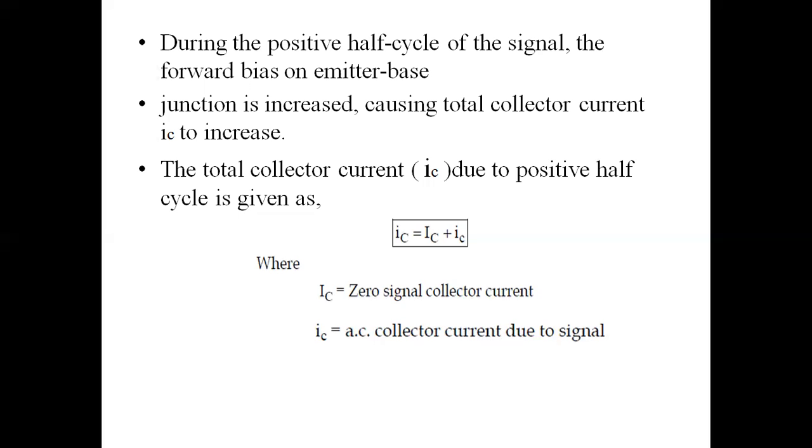And next, second case, during positive half cycle, the total collector current tends to increase. Why? Because the input voltage is going to increase. Because of that, base drive increases. When base drive increases, base current is going to increase. When base current increases, as usual according to beta, by the definition, beta can be given as IC by IB. So by this relation, if collector current increases, base current also increases. So whatever amount the input increases, the same amount increases on the output side.